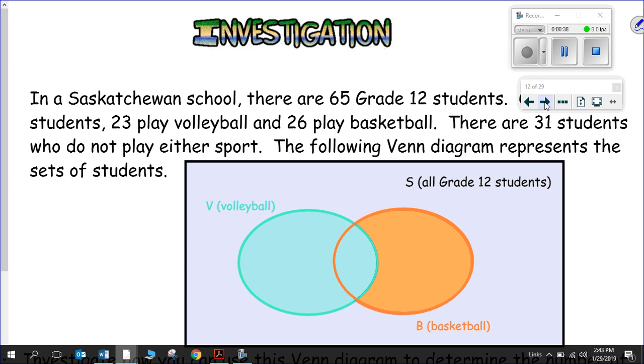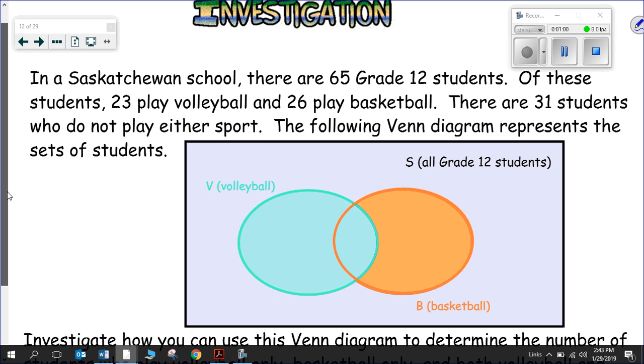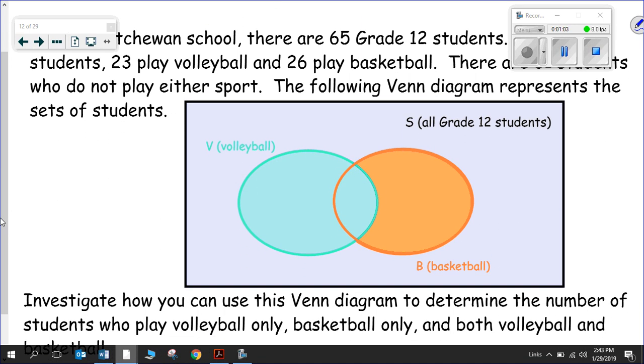So in Saskatchewan, we have a school that has 65 grade 12 kids in it. Of those students, 23 play volleyball, 26 play basketball, and there's 31 that play neither sport. The following Venn diagram will represent the sets. We're going to have a set for people that play volleyball, one for people that play basketball on the other side, and then a region for people that play both,